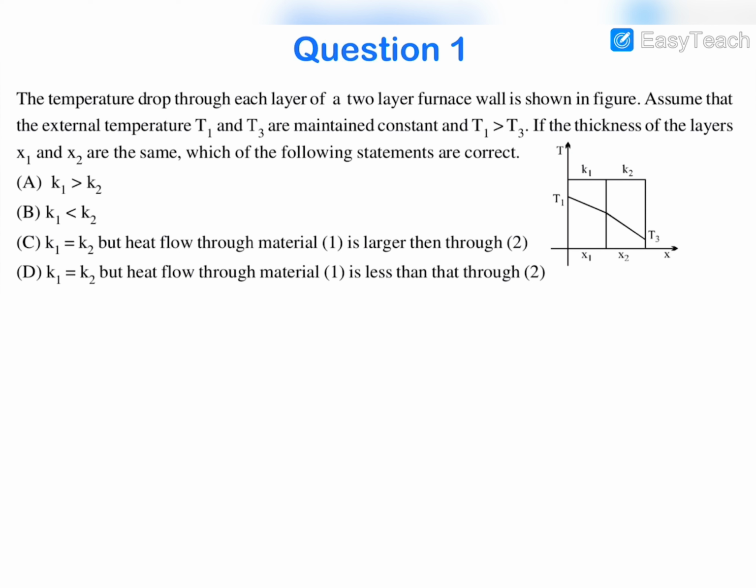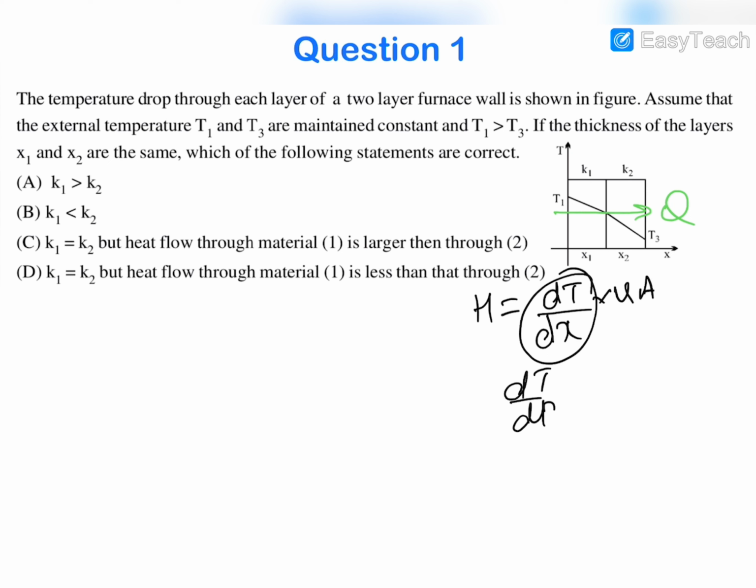We know that as T1 and T3 are constant, the heat flowing through this will be the same, will be Q, and it would be constant, or I can say that heat current would be constant, and heat current will be equal to dT by dx divided by KA. This dx upon KA is thermal resistance, and dT by dx is the temperature gradient, which is the slope of this graph. Now obviously dT by dx will be negative due to the fact that as we